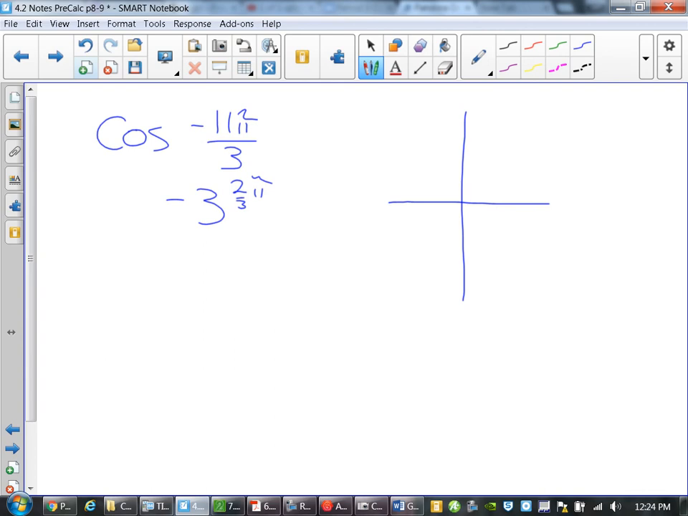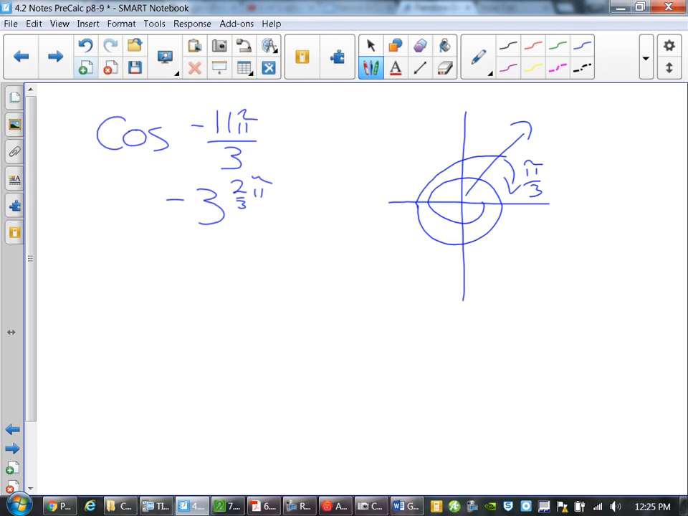So what we do is we count pi. Ready? 1 little, 2 little, 3 little pi. And then I go 2/3 more pi. So 2/3 more, is that more than halfway or less than halfway? How much pi do I have left to get to the bottom there? 1/3. Pi over 3. So my pi over 3 is my reference angle,